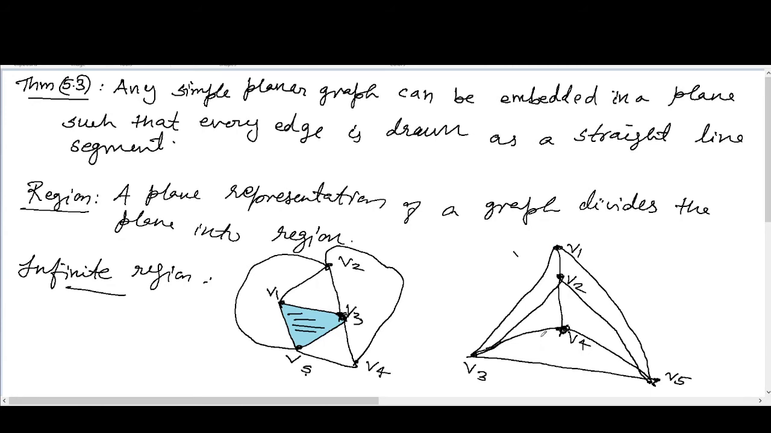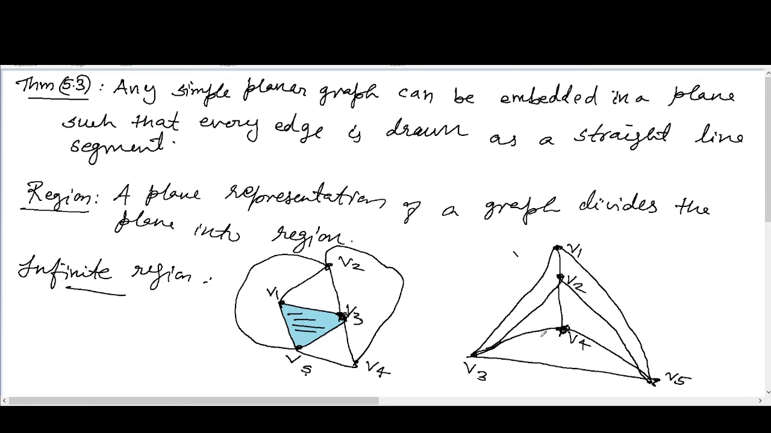Okay, so the portion of the plane that lies outside a graph embedded in a plane is infinite in its extent. Such a region is called the infinite, unbounded, outer, exterior region for that particular plane representation. Okay, next